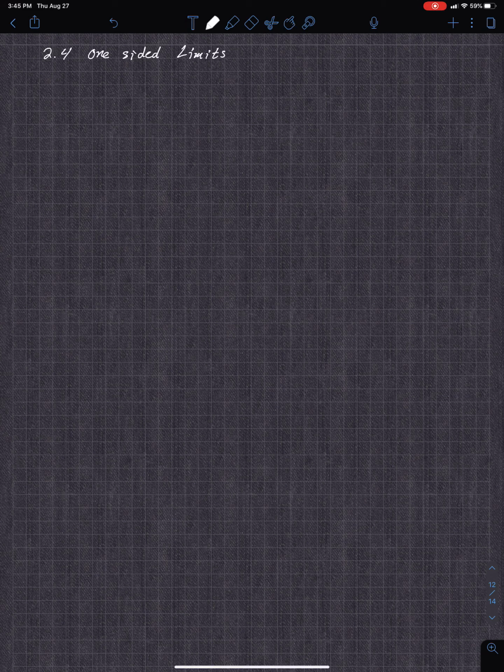2.4 is on one-sided limits. So let's look at the concept and then look at the definition. First we'll talk about the notation for the left-sided limit. So just write left down. And so if I say the limit